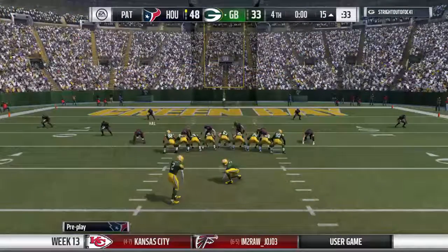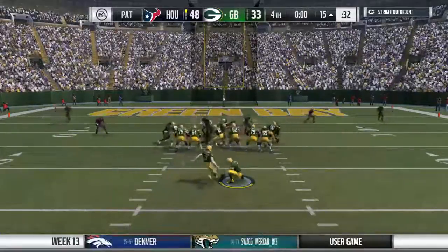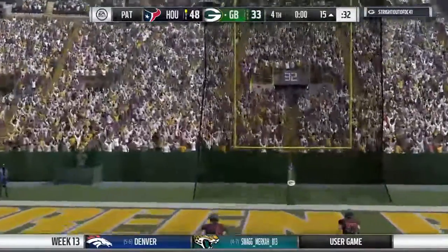Those gloves, they help with one-handed catches, the fun stuff. Any padding for a rocket like that? One would think. He's just feeling